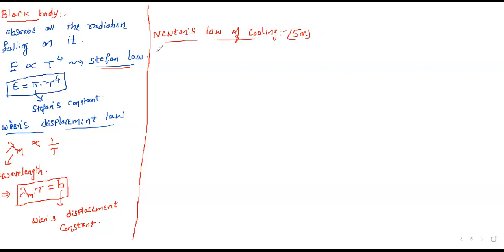Suppose I consider one hot body here. Let us say the body temperature is T2 and the surrounding temperature is T1. If I assume T2 is more than T1, then some amount of heat energy is going to be lost by the body. According to the Newton's law of cooling,